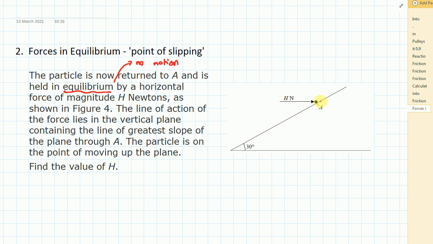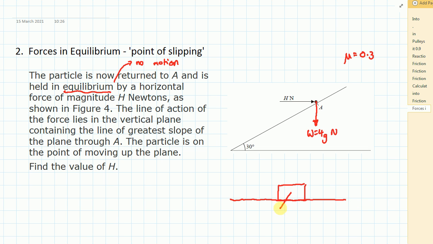Now this particle is the same as in a previous video. So the particle has a weight of 4g newtons, and mu for the surface is 0.3. What we've got to try and work out is how big is H. So I'm going to do the same thing as I did in the previous one, which was a SUVAT question. I redraw my model, and come in, and now it said,